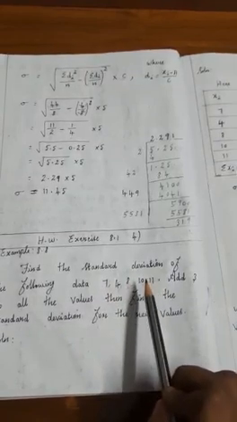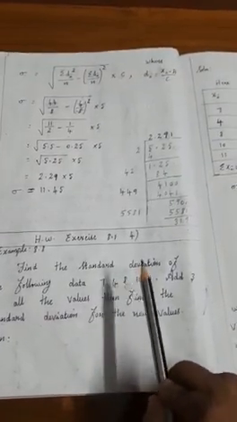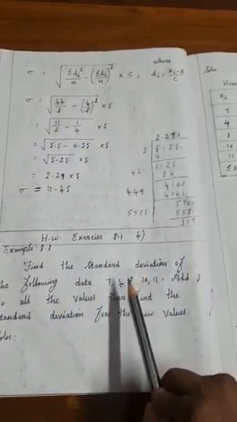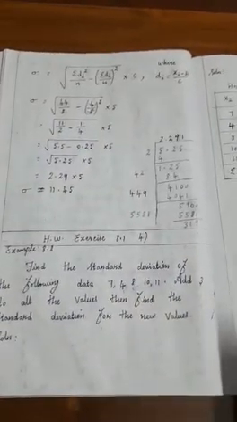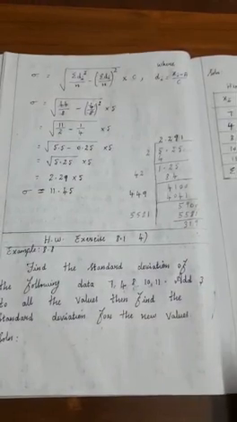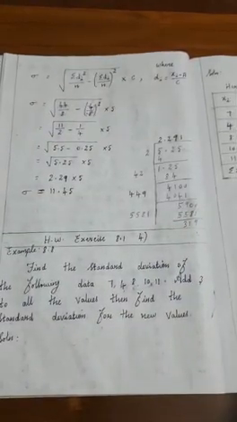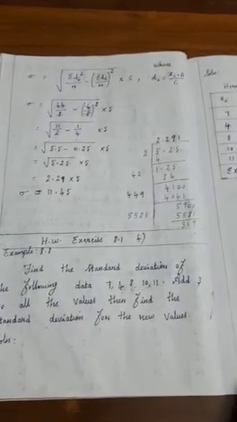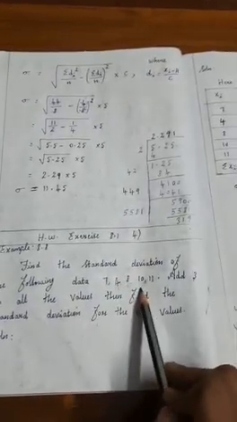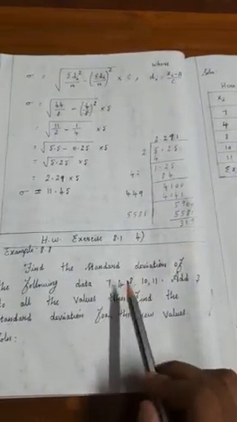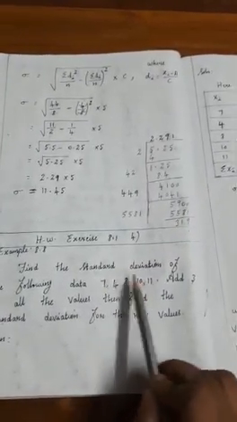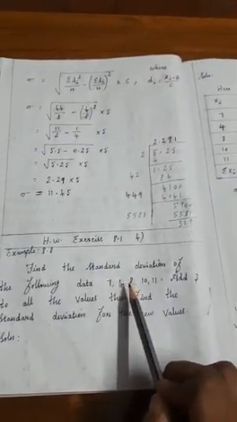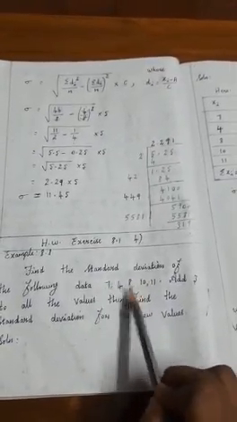So we have already learned how to find the standard deviation. If the given data is ungrouped data, what are the methods we have learned? Direct method, mean method, assumed mean method and step deviation method. These are the methods for finding the standard deviation if the given data is ungrouped data. So any method you can use. Here only simple numbers have been given. For this question the direct method is easy, so better you use the direct method for finding the standard deviation.